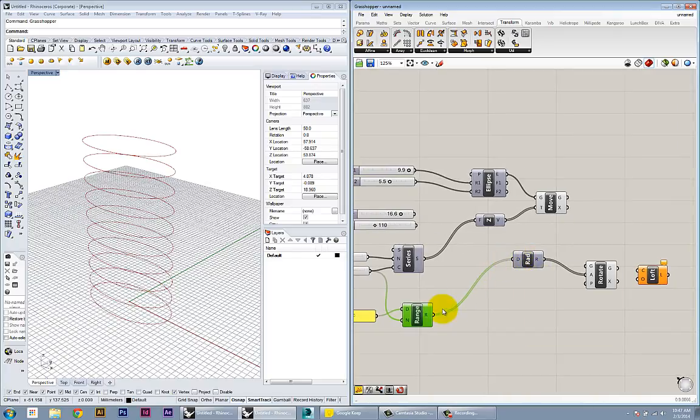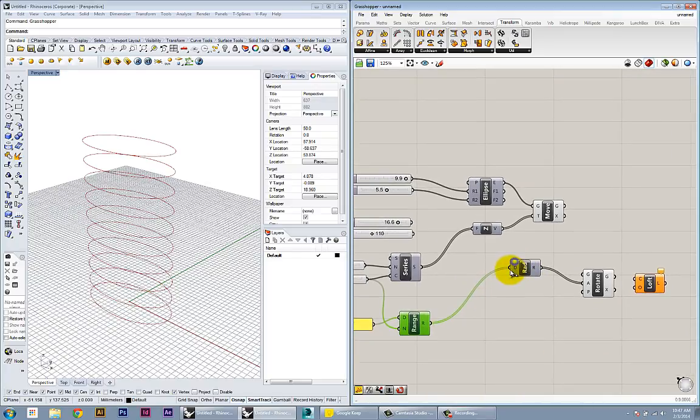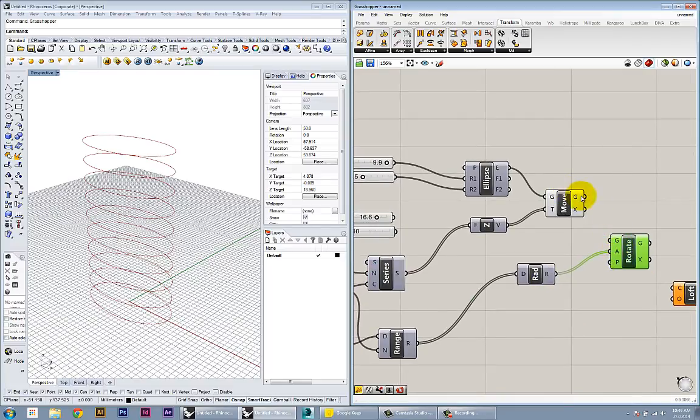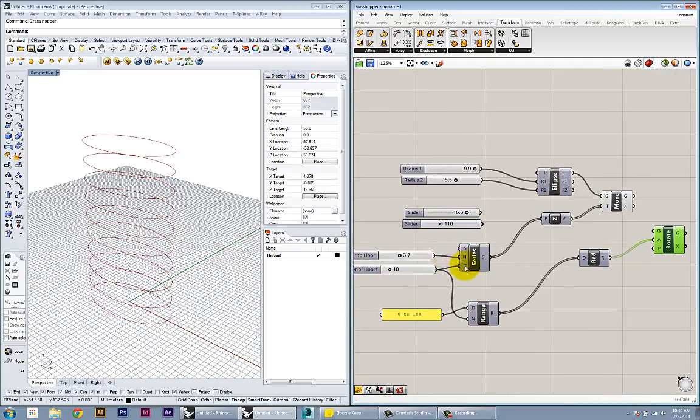So again, you see the fat pipe, which denotes that you have a list of values being passed, and here it's converting all of them to radians and passing them into this rotation. So what you see now is that we have 10 pieces of geometry and 11 angles. So there's a bit of a mismatch, and this is because here we generated 10 numbers